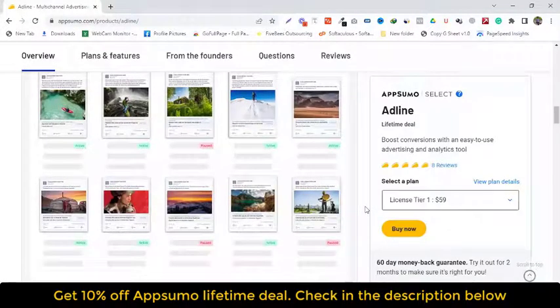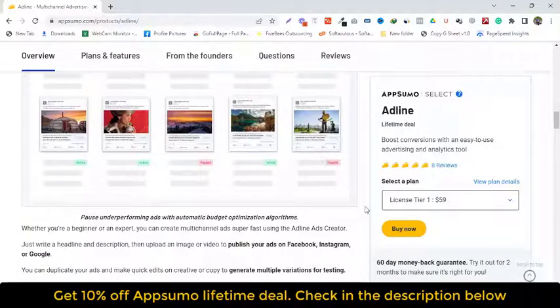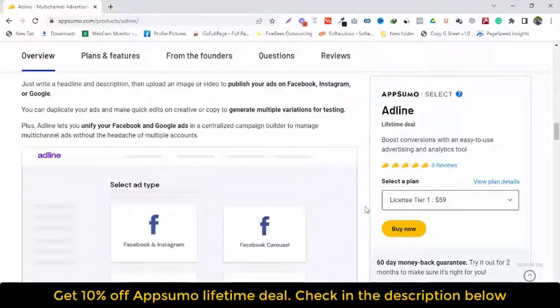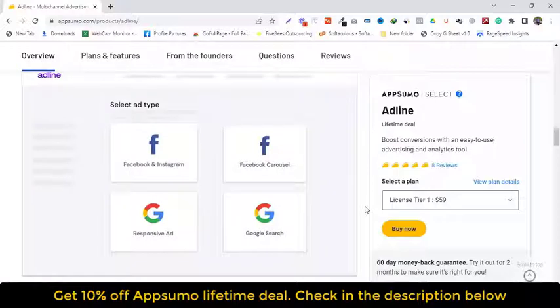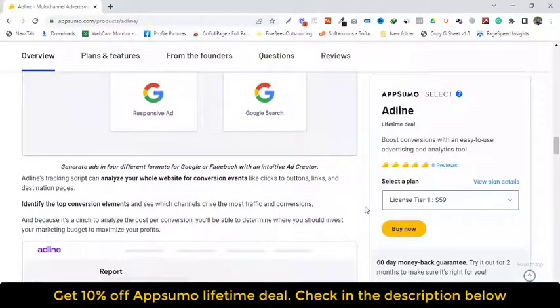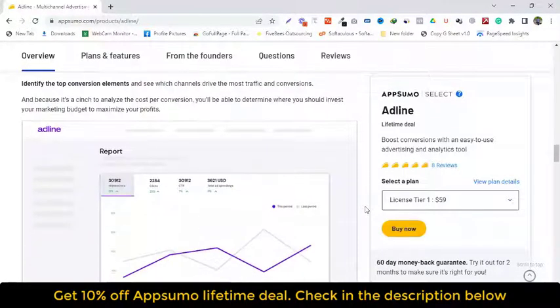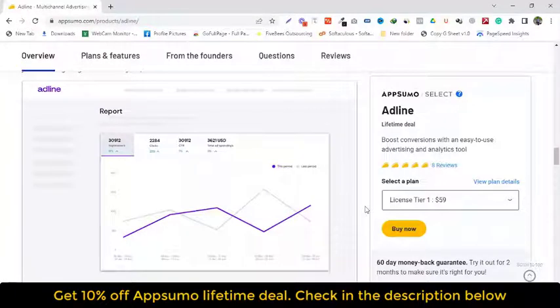Adline is an intuitive analytics and advertising platform that enables you to manage your ads and boost ROI using optimization techniques. Your ad budget will be optimized by an automatic budget optimization algorithm across different channels at least 6 times each day. This program can automatically identify underperformers, pause them, and grow winning ads in their place by monitoring pertinent ad parameters. This implies that you can increase ROI and reduce losses without doing anything.